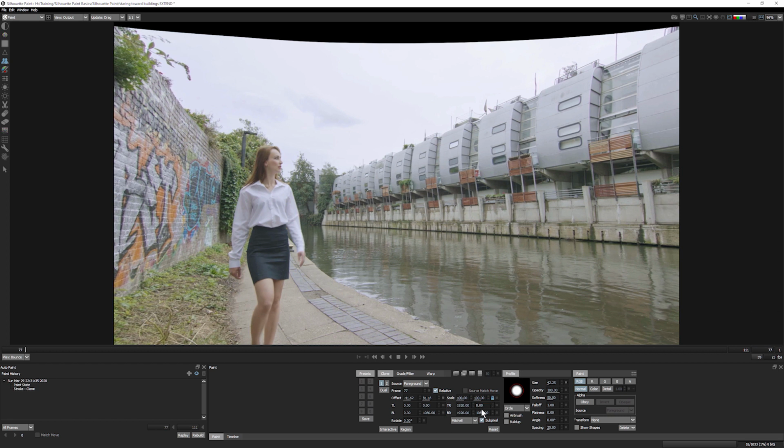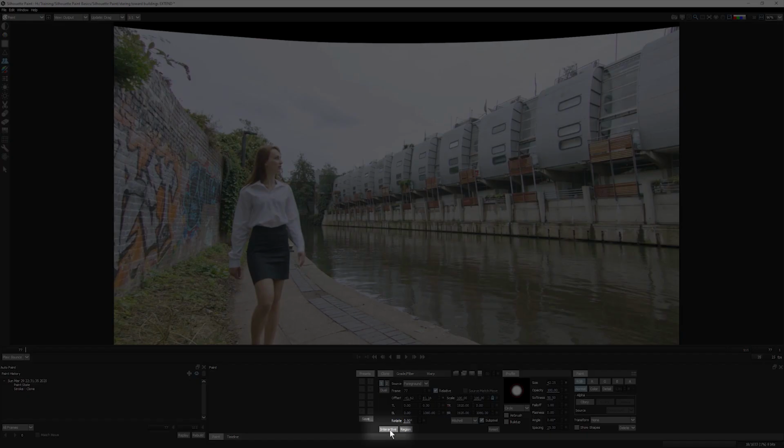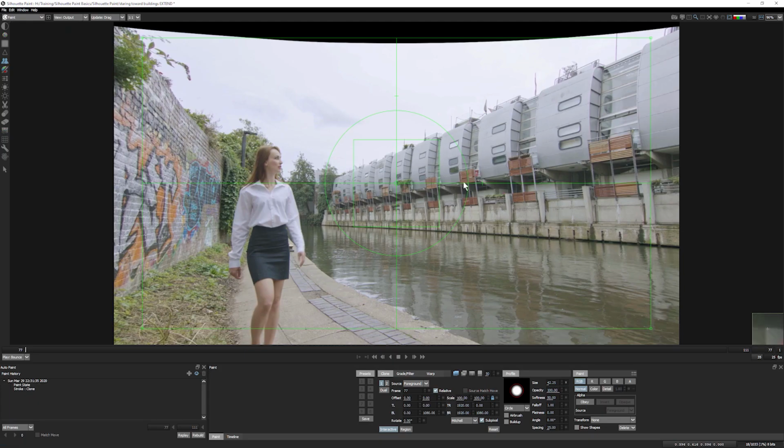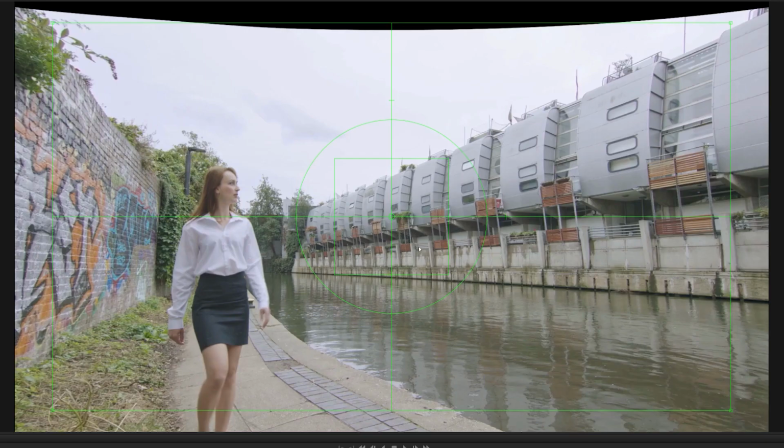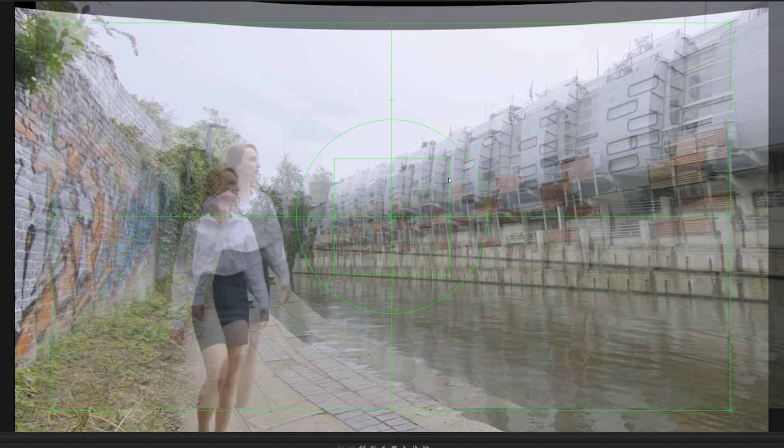But of course we have so much more that we can do with this. We don't just have offsetting in space with the X and Y. We can offset things in time as well, which we'll do later. We can also scale things up and down, and we can change rotation and corner pins with it as well. So to make this easy for us, we have this interactive mode. So if I turn on interactive mode, I get these new controls which allow me to transform,